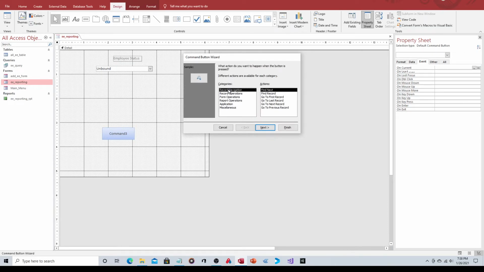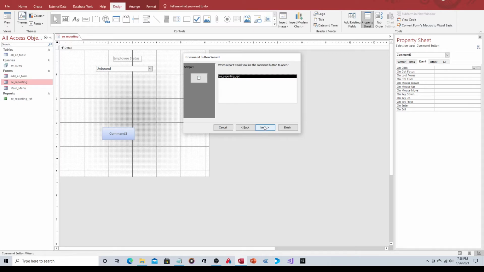Now in this case, we want to run a report. So report operators, and we're just going to call it open report. Next, this report we just created. Next, text, open report, gives you a preview over here. Next,